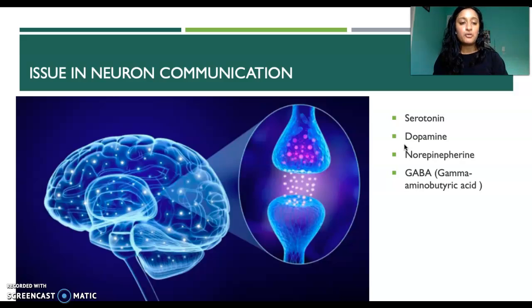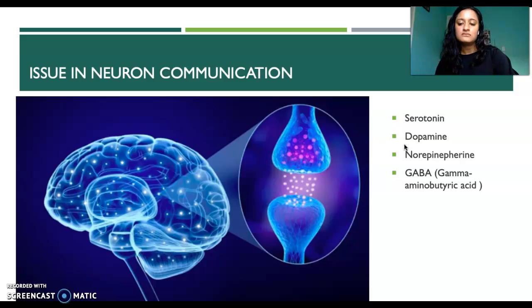The second thing is dopamine. Dopamine is very essential to movement, and it influences motivation and also plays a role in how a person perceives reality. So the problems in the dopamine transmission, because it's involved in the brain's reward system, it's thought to play a role in depression. But not only depression, dopamine actually plays a role in psychosis, in substance abuse, and a lot of other illnesses as well.